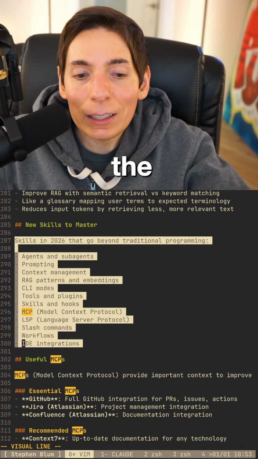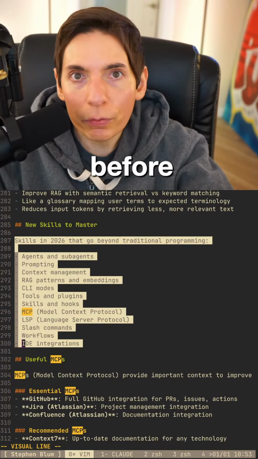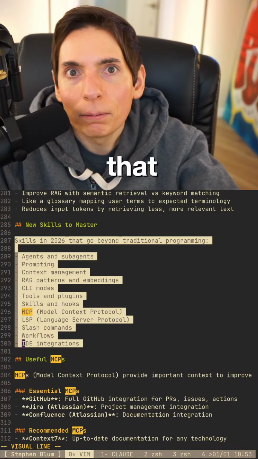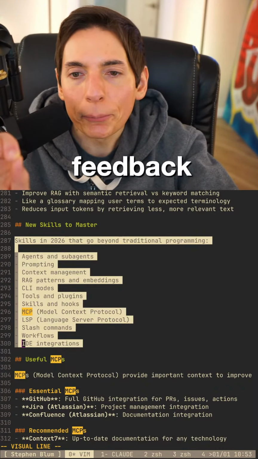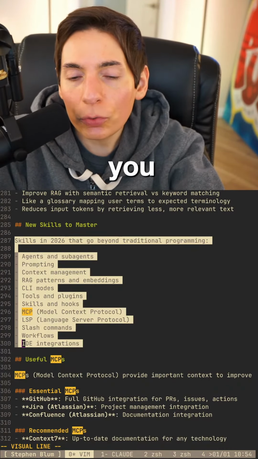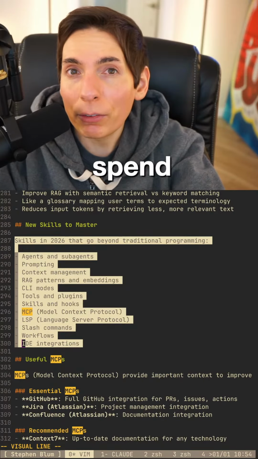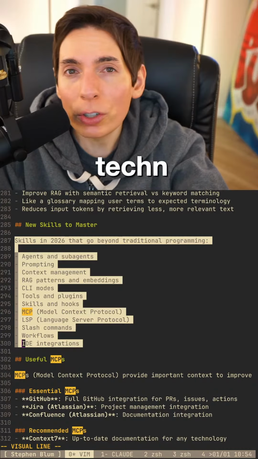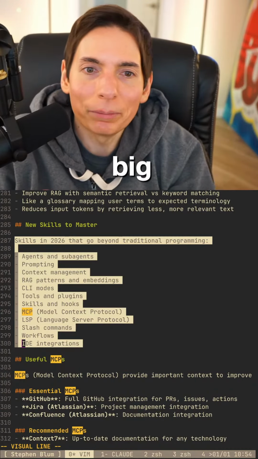I like the unfinished release. You release before you're finished. You have to do that. Otherwise, you're going to fall behind. You need to get immediate user feedback. Additionally, you can't just focus on the product. You have to focus on marketing as well. You need to spend a lot of your time on marketing. You can have the best technology in the world that nobody's ever heard of. So it's a big deal.